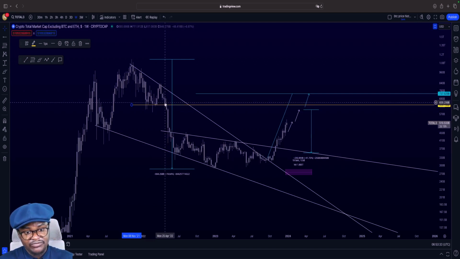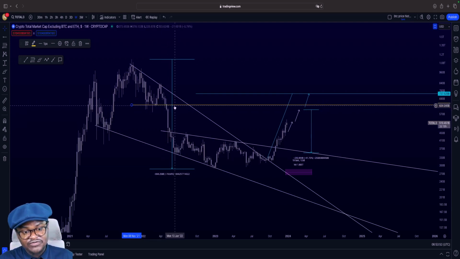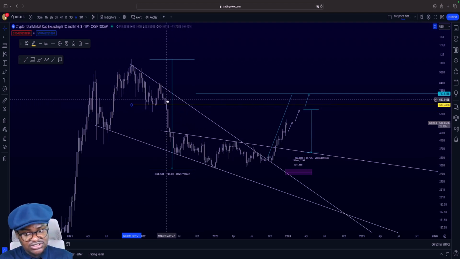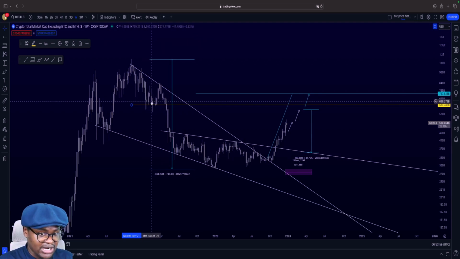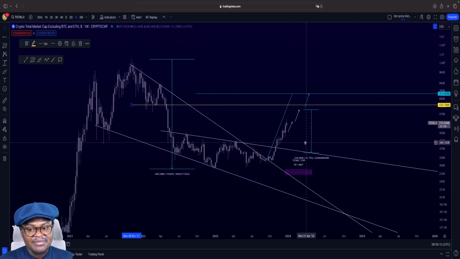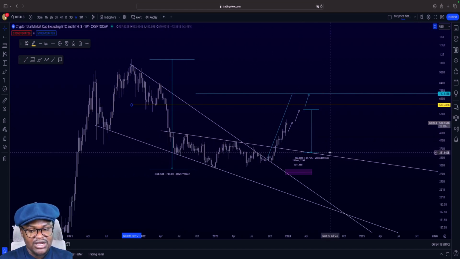I'm talking about coins that really experienced the full cycle, so not altcoins that were launched in, say, November of 2021. I'm talking about coins that were here since 2020 or 2018, 2019. Most of them that did not reach this level may be topping out here. So just have that in mind. And by top out, I'm talking about reaching that level and coming back to retest this neckline down here as